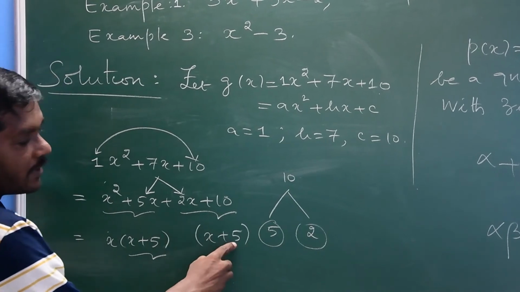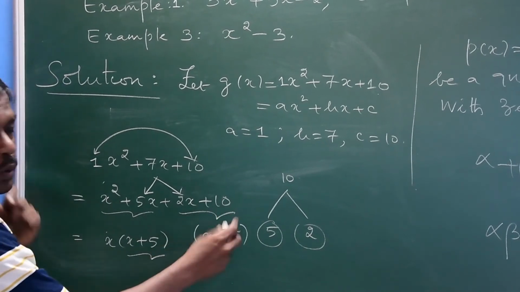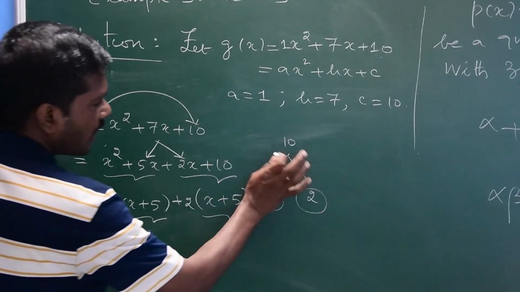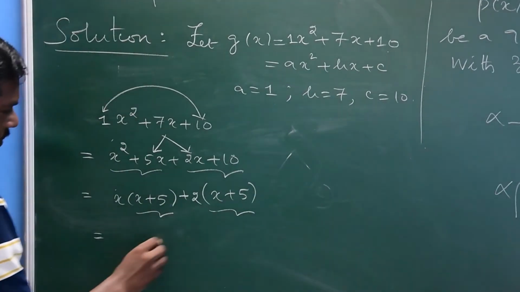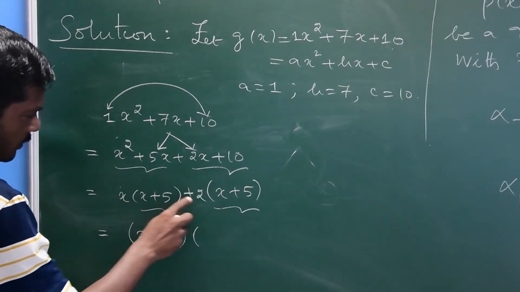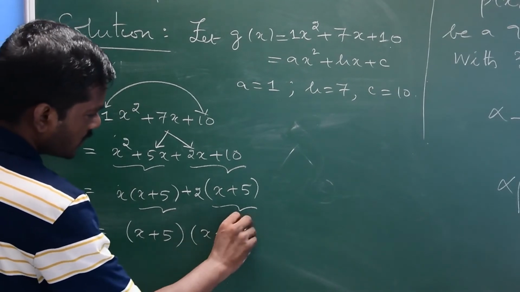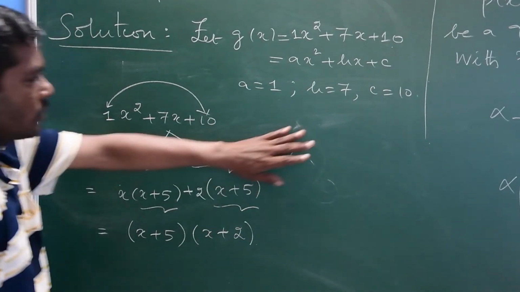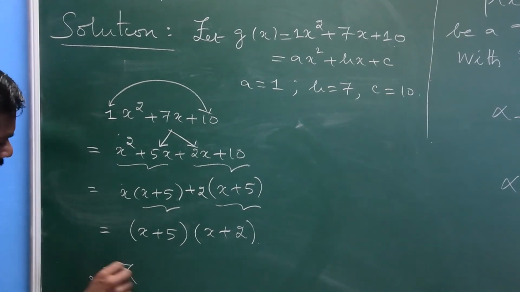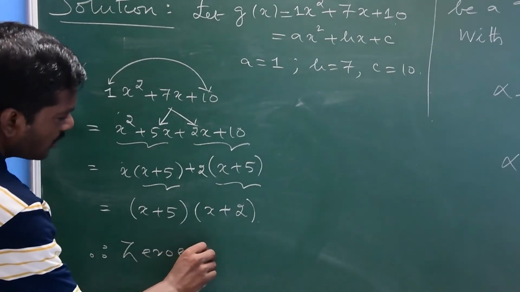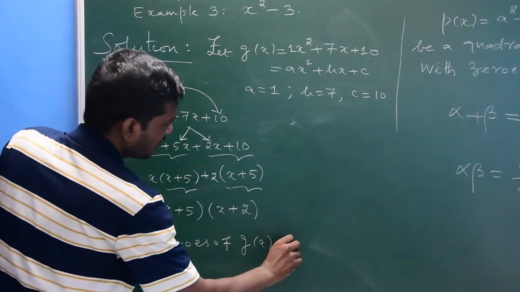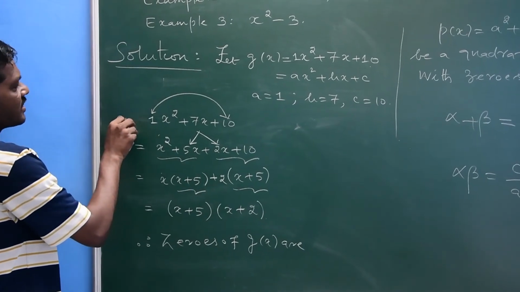So what should be multiplied to 5 to get 10? 2. Plus 2. So x plus 5 is common. So what we do is x plus 5 times x plus 2. So what are the zeros here? Therefore, zeros of g of x are,